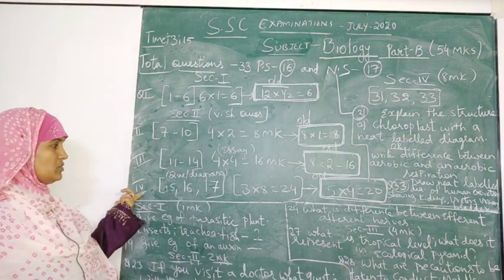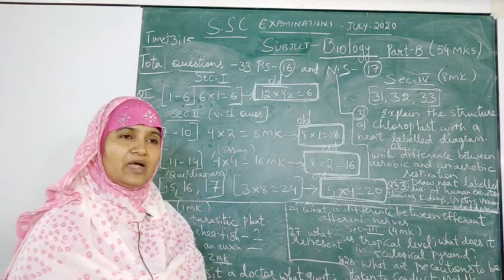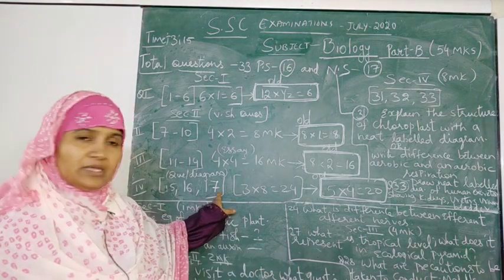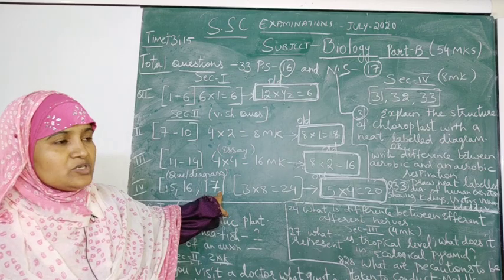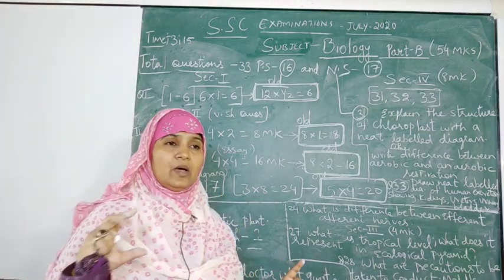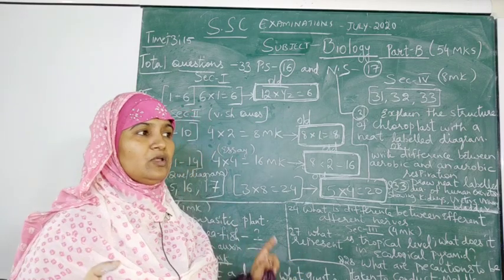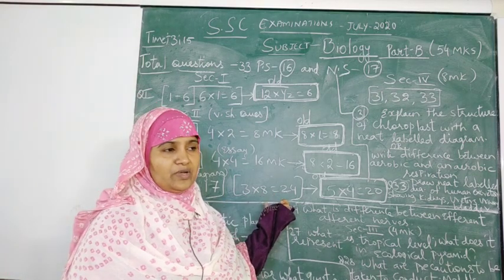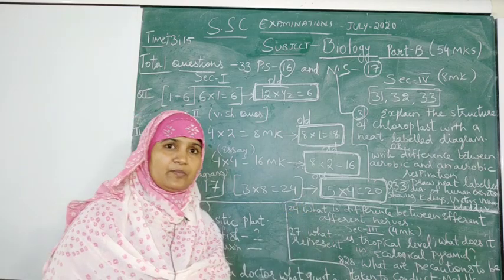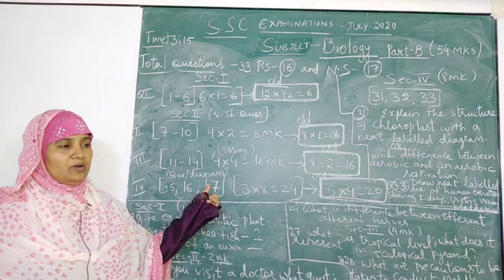And in the 4th section, you already know there are 3 questions. 2 questions are very brief and elaborate. We have to draw the diagram, plus give a brief answer and a detailed answer, along with the 17th question, which is only a diagrammatic question, which carries 8 marks. That means you have to be very careful and very clear about the diagram, and also show the parts properly. Then only you will be allotted the 8 marks. If you make a mistake by not presenting it properly, you may miss the marks. So be careful with the 17th question. It is very beneficial for us.